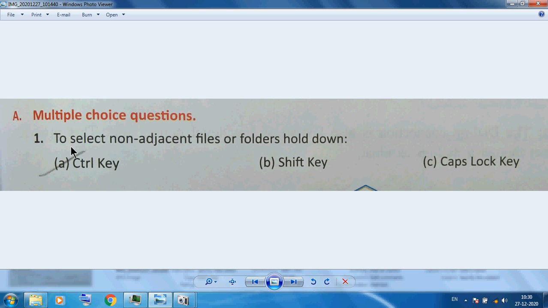To select non-continuous, or we can say non-adjacent files or folders, okay, so we can say control key. Suppose you have multiple files and folders, you want to select them randomly, unordered. So first you hold the control key, then you select randomly. So with the help of the control key. Shift key we can select continuously. Caps lock, it is continuously, regularly